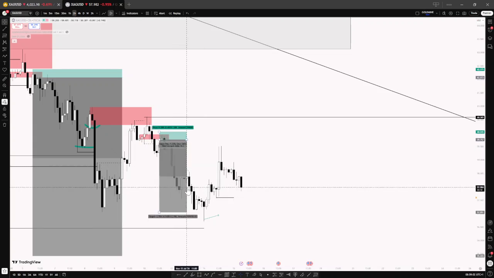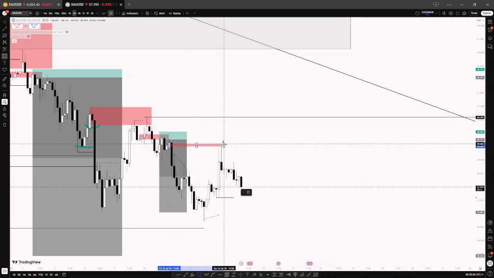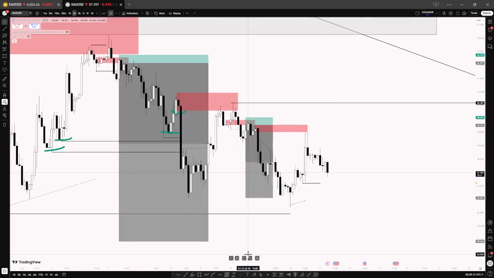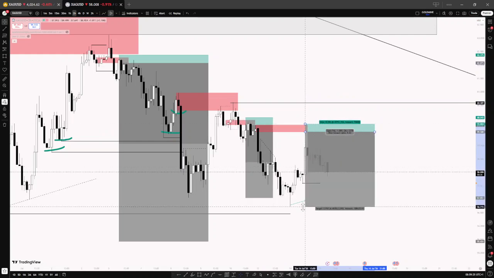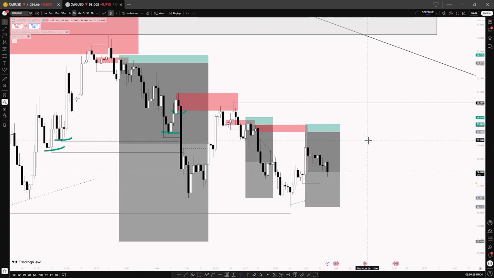for me, right? So with that being said, I'm looking at a higher level of interest, which is this. So this is how I took my trade on silver, and this is how the third trade was taken. Stop loss above this high right here, and TP again at its own external range liquidity, another 9 RR trade. And this is just how I take my trades on gold and on silver.